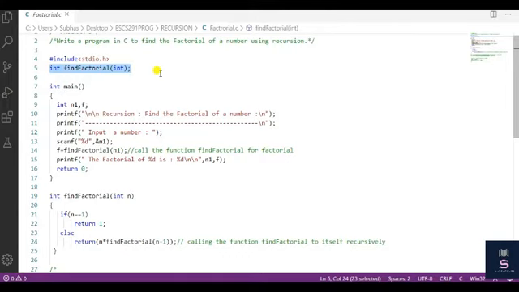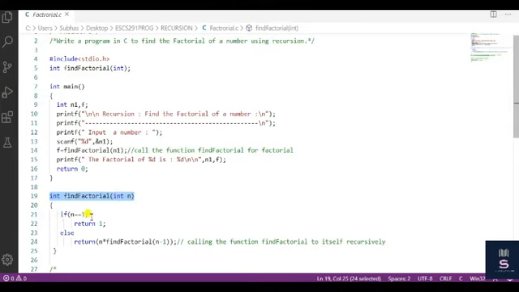You know that in case of recursion there must be a base condition, or we can say a stopping or termination condition. So here I have taken a function. The name of the function is find factorial, its return type is integer, and it takes one argument, that is an integer.